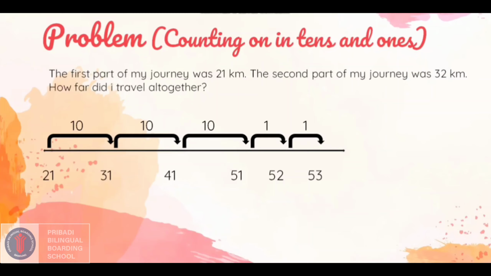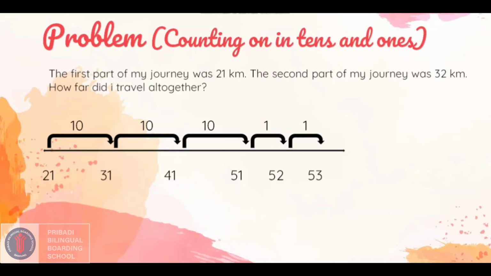So we can do something like this: 21, and then we put tens first. We count by adding tens first. 21 plus 10 equals 31. 31 plus 10 equals 41. 41 plus 10 equals 51. And then we stop here, because we already know that